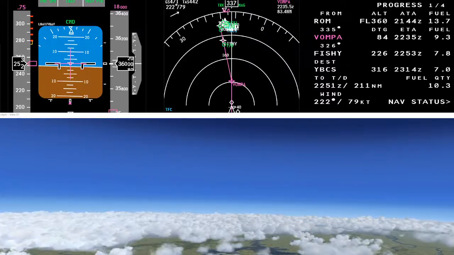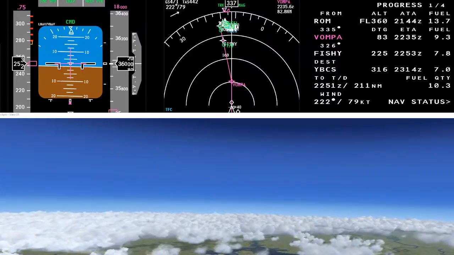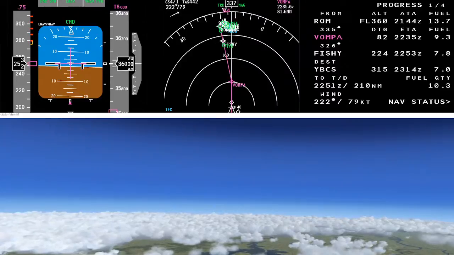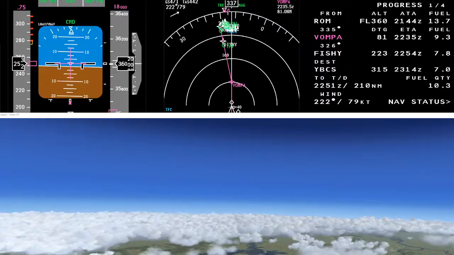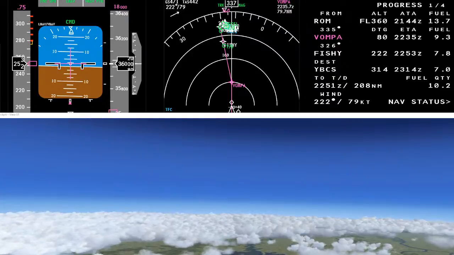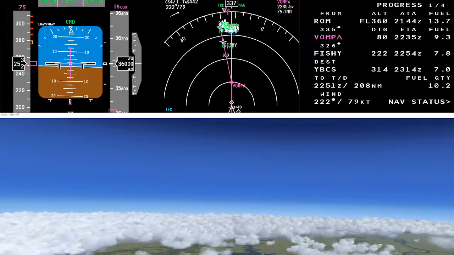Brisbane Centre, g'day, Qantas 926 with you, flight level 340. Qantas 926, Centre, g'day, cleared NOPUT 3 Alpha arrival, runway 15, maintain flight level 340. Sequencing speed not above Mach decimal 76. Sorry, can you just say that all again? My audio cut out there, Qantas 926. Qantas 926, STAR clearance NOPUT 3 Alpha arrival, runway 15, maintain flight level 340, for sequencing speed not above Mach decimal 76. Cleared NOPUT 3 Alpha arrival, runway 15, maintain flight level 340 and not above Mach decimal 76, Qantas 926.